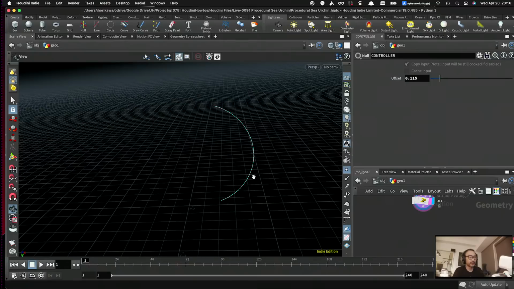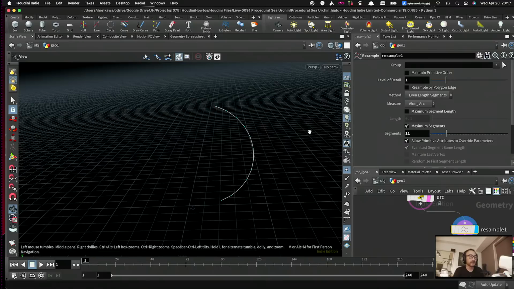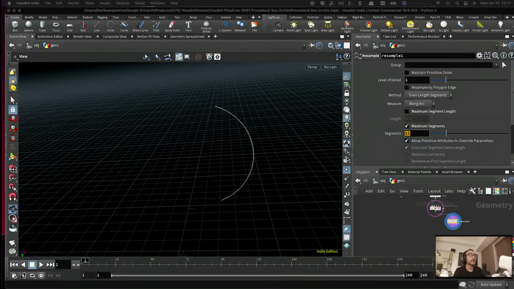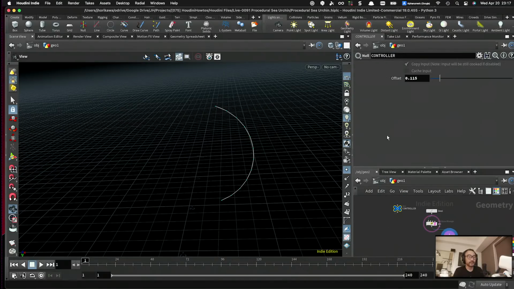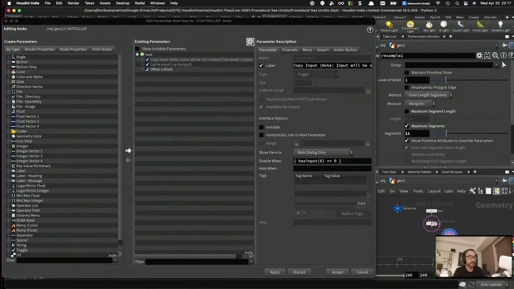So right now there are a bit too many points. So I'm gonna reduce the number of points by using resample first. And instead of using maximum segment lengths, I'm gonna use maximum segments so that I can choose the number of points to use. Okay, and this could be another parameter, I think. So let's have this. Alright, going back to a controller. Drag and drop